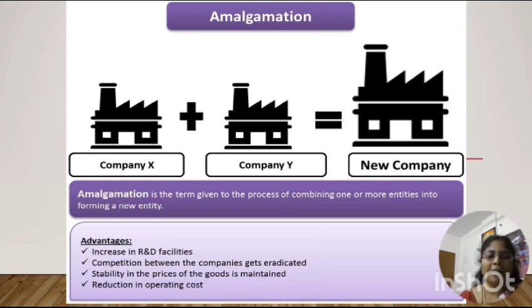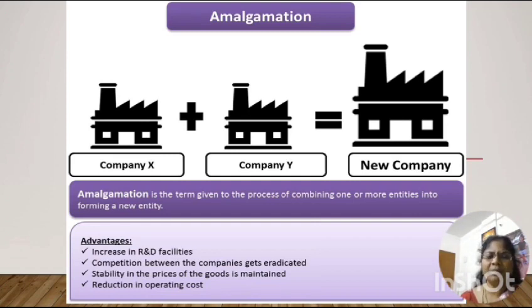And the second thing is their competition will get eradicated. When two companies are leading in the market, there will be some competition among them, right? So when they get merged together, their competition will get eradicated, so that it will bring stability to their